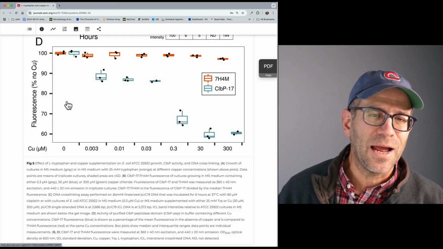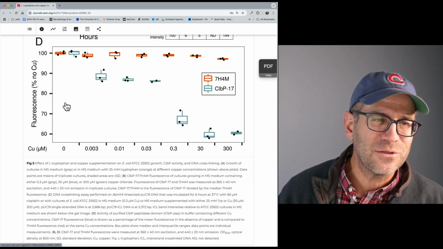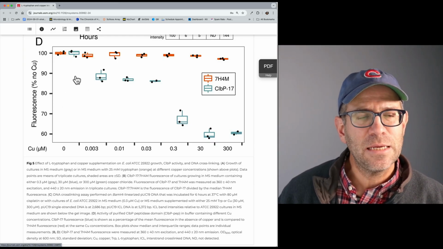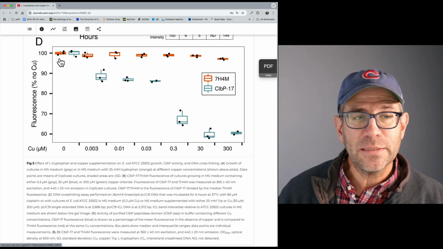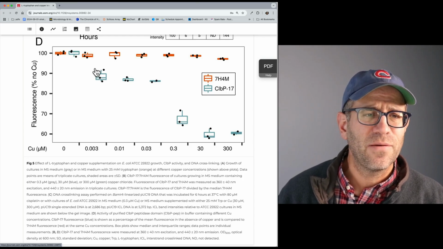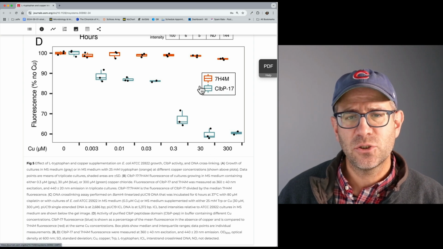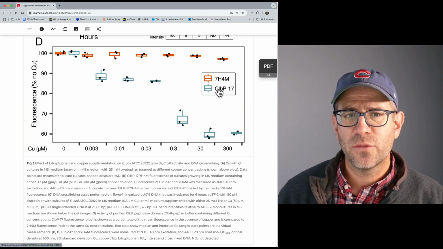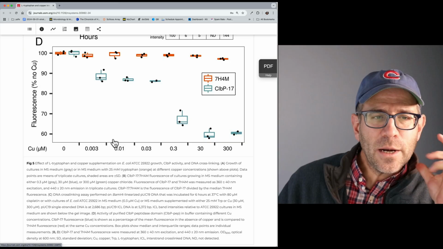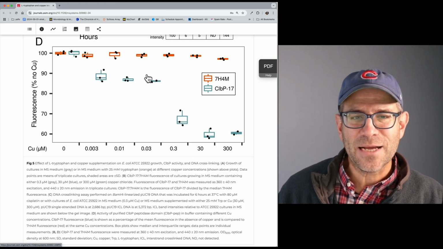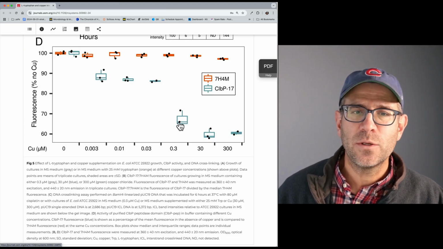There are a few things that I kind of wondered how I would go about doing. One thing that stands out to me is that they've got points for showing their data. They have about N of 3 for each of their copper concentrations and combinations with the reagent. One small critique I would give is that a box plot is kind of pointless when you only have 3